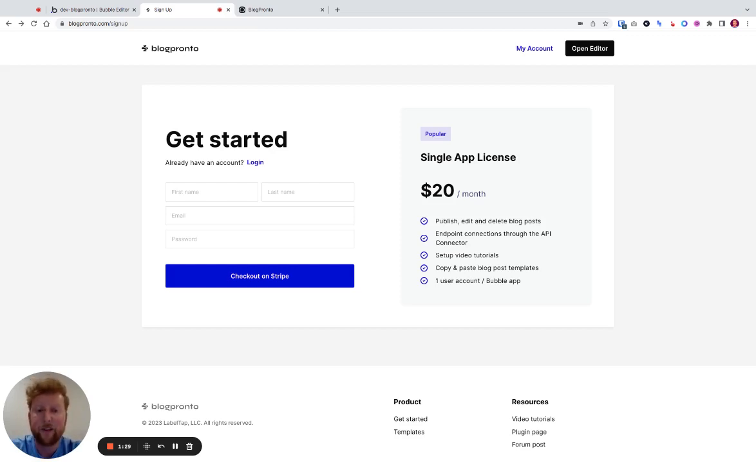You also get video tutorials and templates for your blogs. I'm a UX designer, have been for years, so you get the benefit of that. And it allows you access for one user and one Bubble app. So, yep, go ahead and check out on Stripe, and after you do that, it's going to kick you back out to